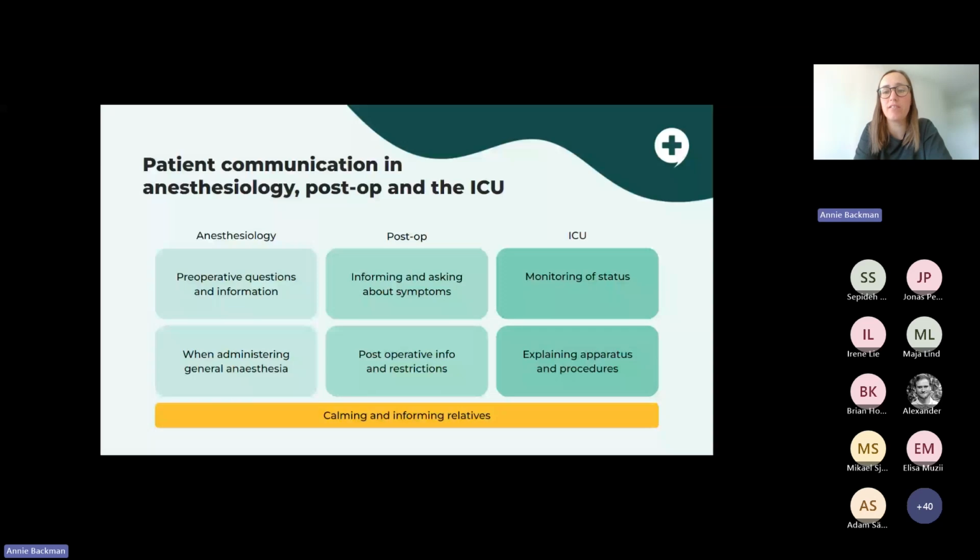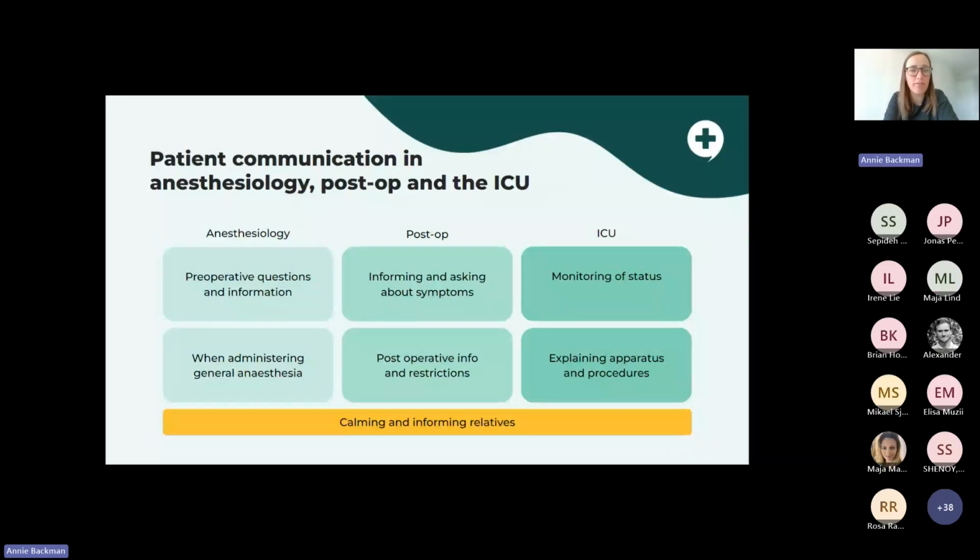And within the fields of anesthesiology and perioperative care and intensive care, there is definitely a lot to gain if you have a calm and informed and therefore also compliant patient. And there is a lot of communication in the different stages within this area. And a lot is fairly similar from patient to patient, which makes this tool pretty useful